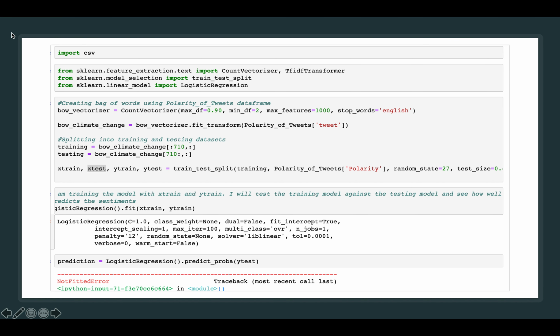So as you can see, this is a snippet of my code. You can see the rest of my code on my GitHub account. I created a vectorizer, a count vectorizer, and used my data frame called polarity of tweets. It's a data frame with my data set, and it has two columns, the tweet and the polarity, positive or negative.